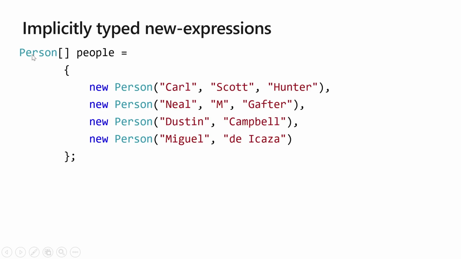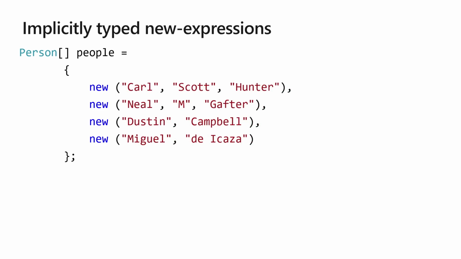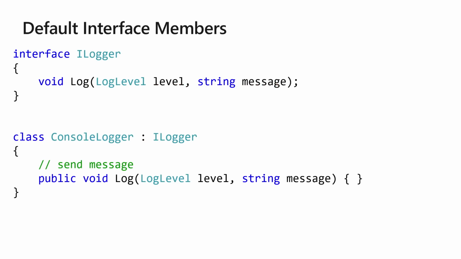If I'm already saying up here that this array is an array of persons, why do I have to repeat the type every time? In general, when I'm in a context where the type is clear, why do I have to repeat myself, say it's a big generic type or something? Can't you just infer that? Well, now we can. You don't have to specify these. When it's given from context that these should be persons, you can just write the new expressions like this. And then finally, default interface members are a feature that